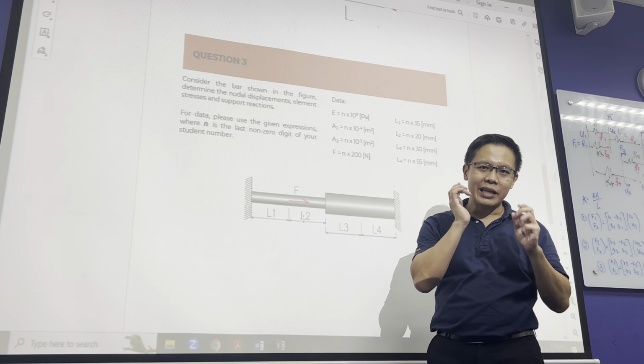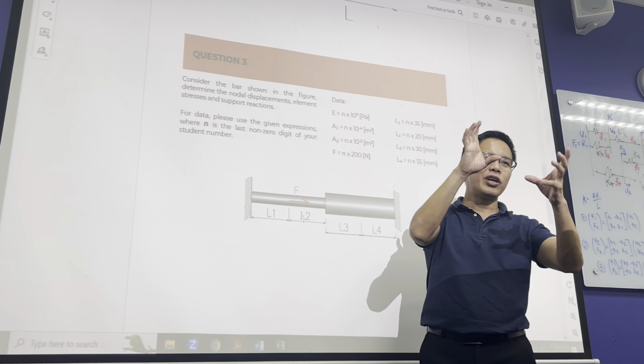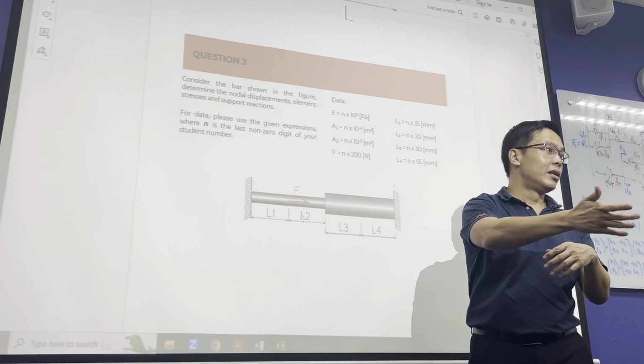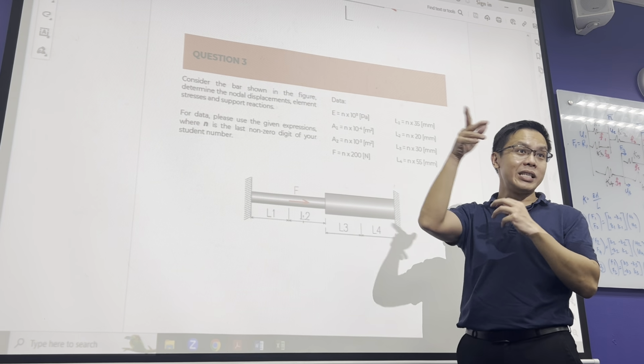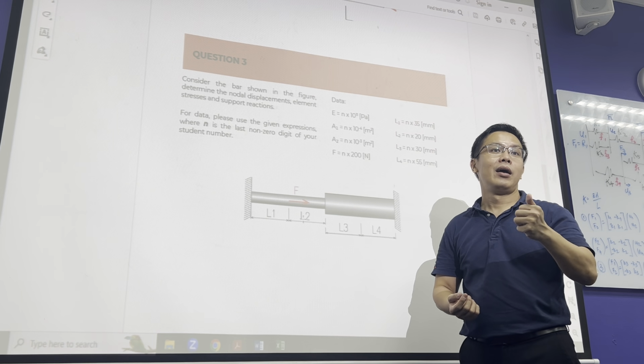That is why I want you to try this, because in the exam that's how they will do it. They will give you a very complicated type of physical geometry, then ask you to do it the way that you are. You know how just now what we do here. So the force will only apply where? At the